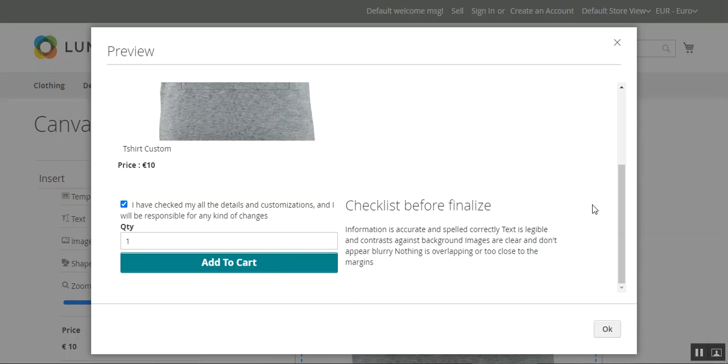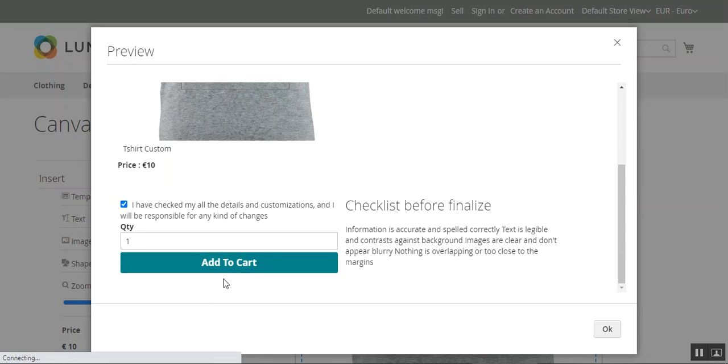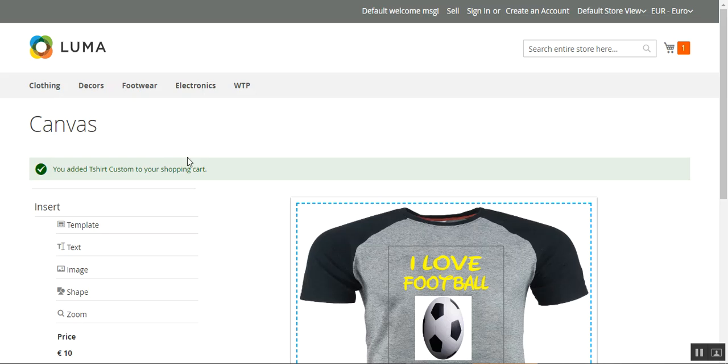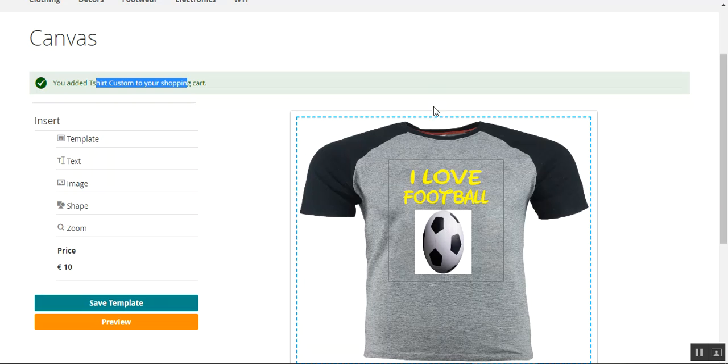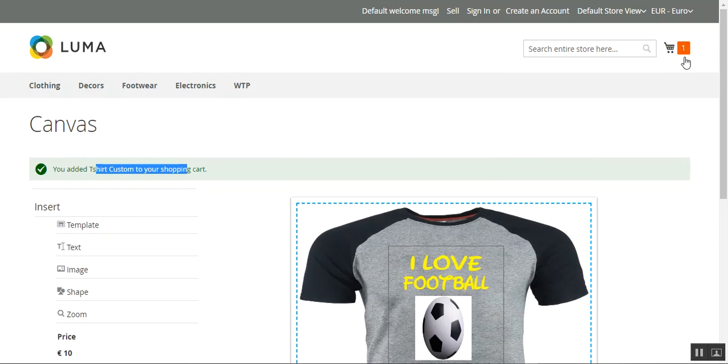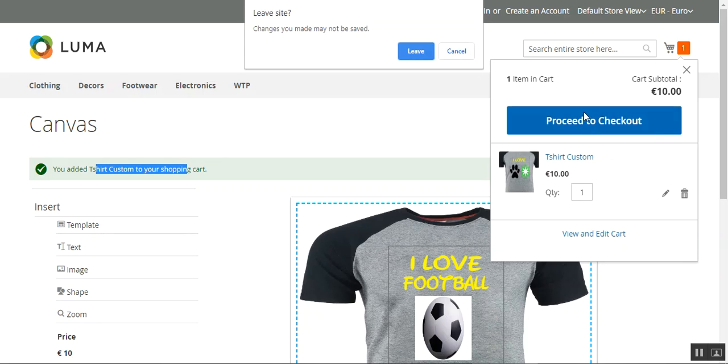And then to add this particular product to the cart, the customer will tap here on the add to cart button, and this particular customized product would be added to the cart to make a checkout thereafter. So the product is added to the cart. So the actual template that was there was this, we customized it, we have added it to the cart, and now let's make a checkout with the particular product. So I'll just tap here on the proceed to checkout,